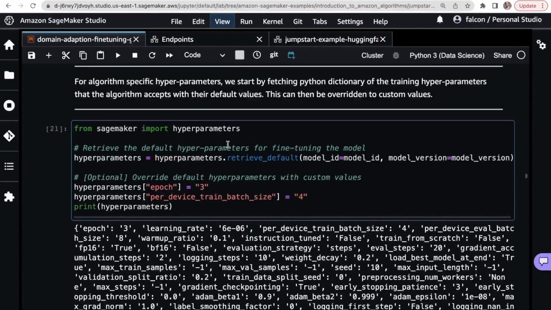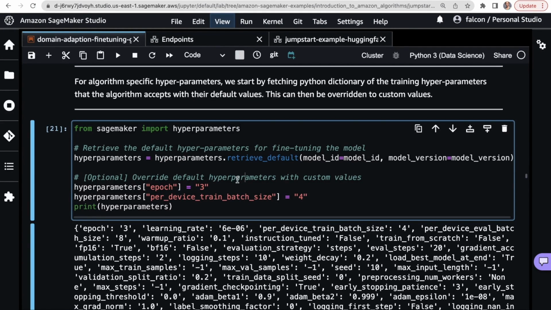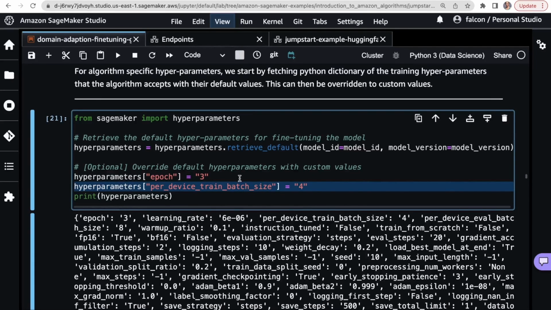And now we're going to set some hyperparameters here. So a per device train batch size. So this is telling us the number of batch sizes per GPU. Actually, so per accelerator in the training cluster, that's the number of objects we'll use. And then, this is nice. Yeah, so we can grab all of the default hyperparameters for this model, actually, just by retrieving the default. That's really handy. Very cool.